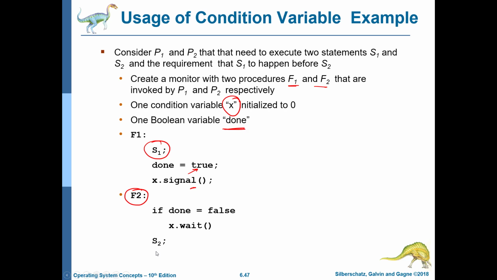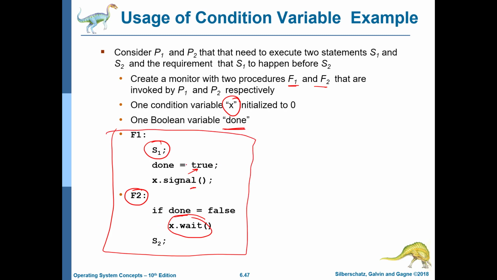So what was the key idea over here? The key idea is that if a waiting thread comes, it first checks this variable, and if it is false, it means that the original operation has not completed. So it just waits. So here is the fun part. Why did we have them in a monitor? The reason we encapsulated both of these in a monitor is basically because